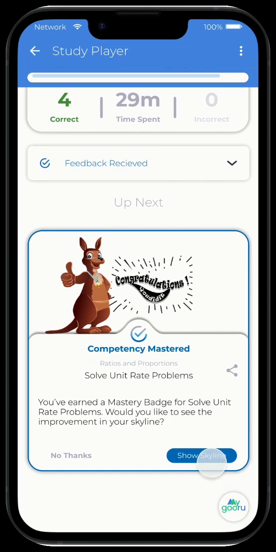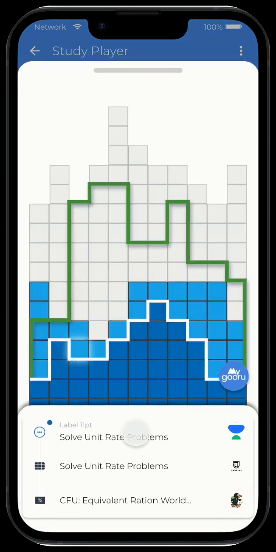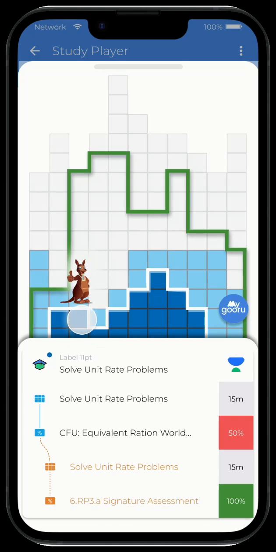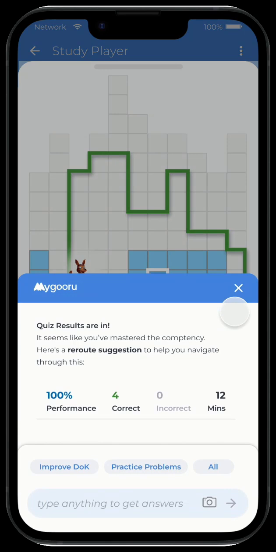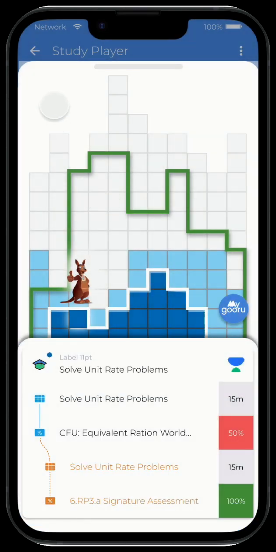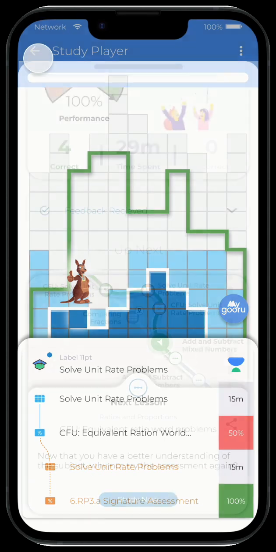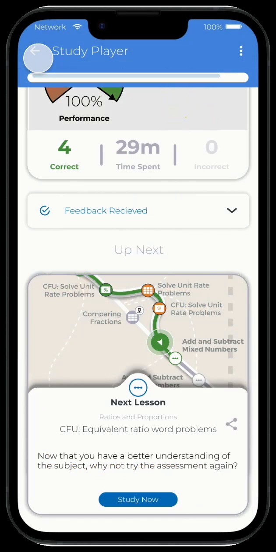They can now look at how their skyline is bumping up one competency at a time towards their destination. MyGuru is, of course, watching what the learner is doing and makes recommendations, saying, now that you have mastered this competency, why don't you get some more practice or maybe improve depth of knowledge in that particular competency? So what MyGuru is doing is telling the learner what they need to do, one competency at a time, picking up the next lesson that they need to do, or at any point in time,